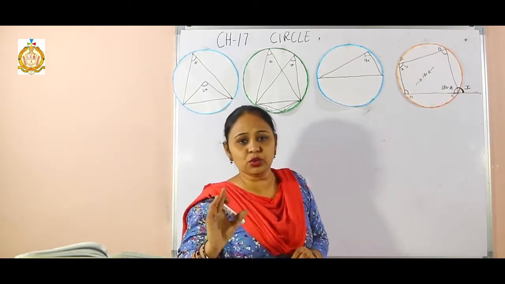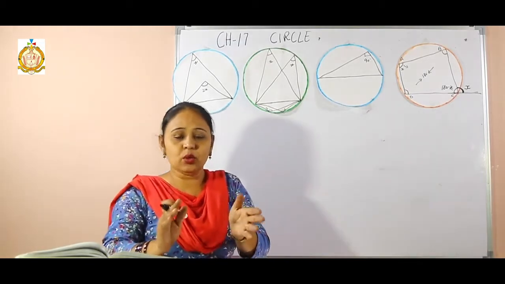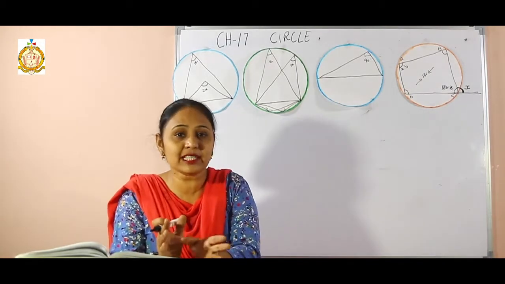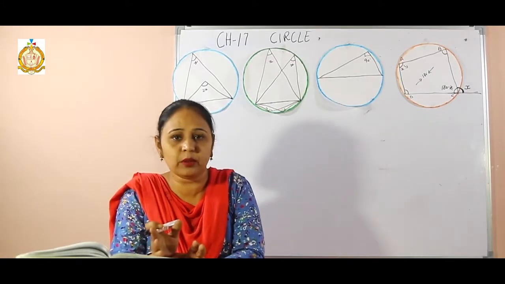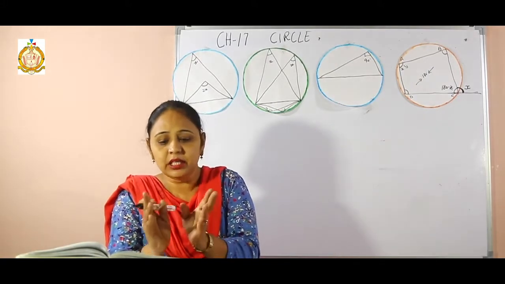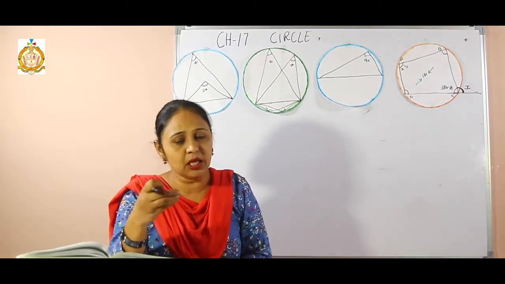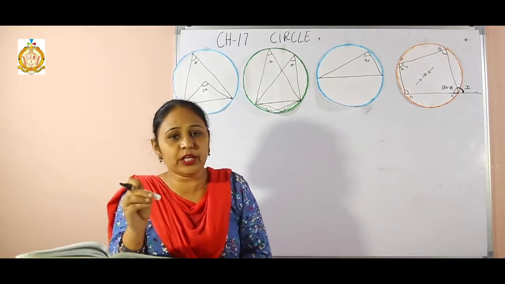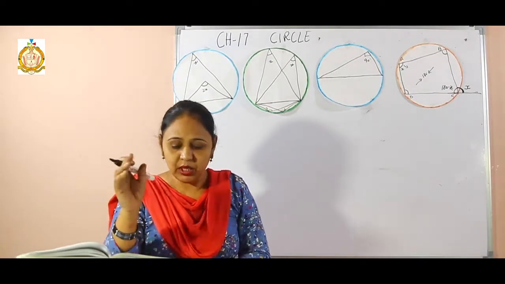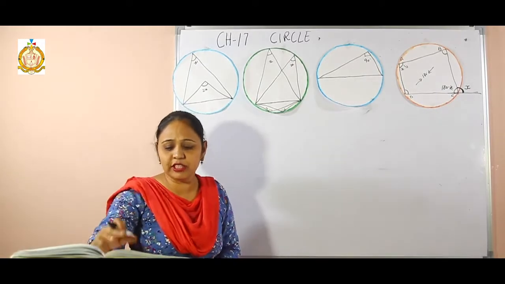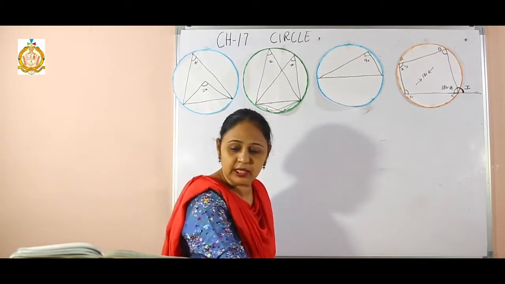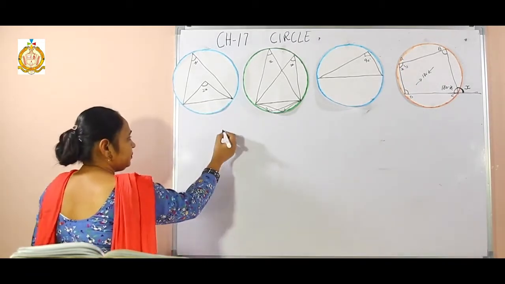Clear? Now I am going to solve a few sums, because it is not possible to solve the 61 sums, because you have to do also the practice. So I will try my best. If there are simple concepts or different concepts, I will solve that one, and you have to try to solve the full exercise. Okay, now I am going to solve the first sum. Now in the first sum, there is a circle.